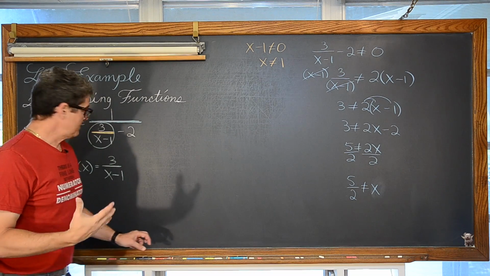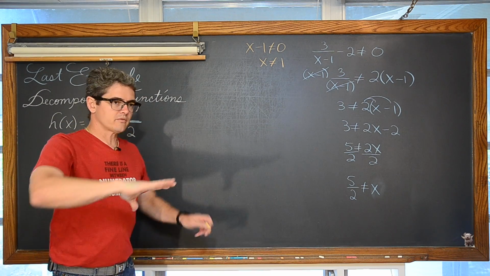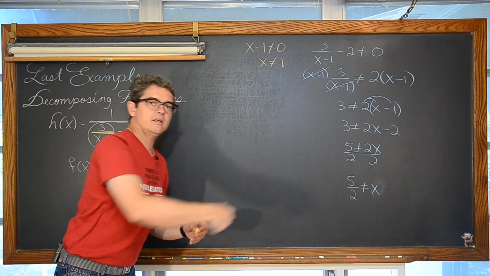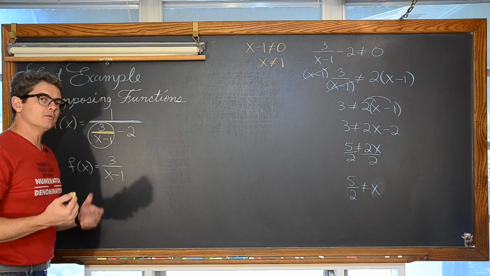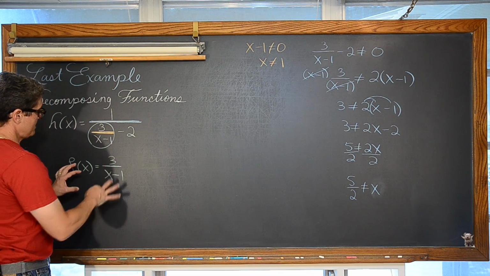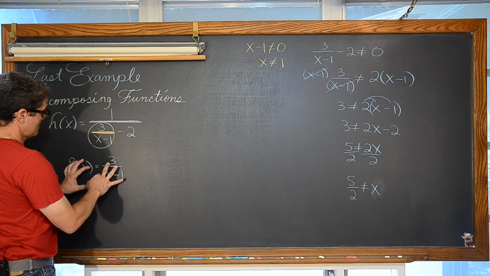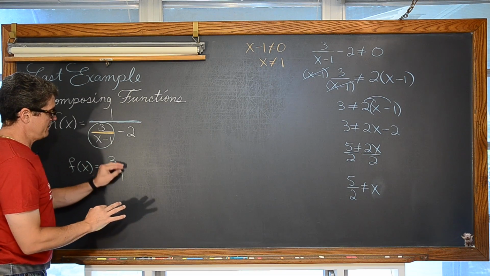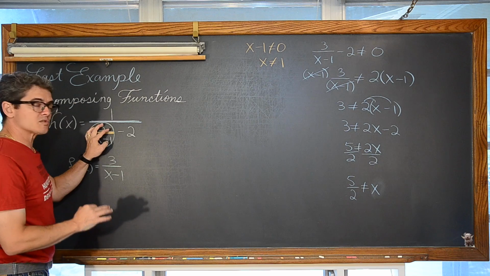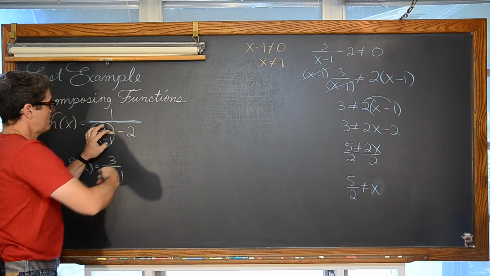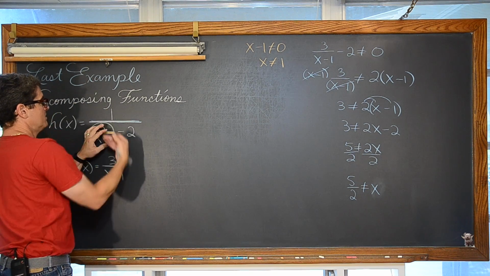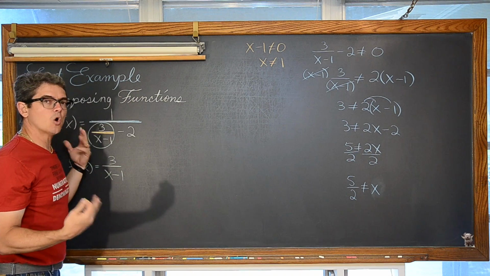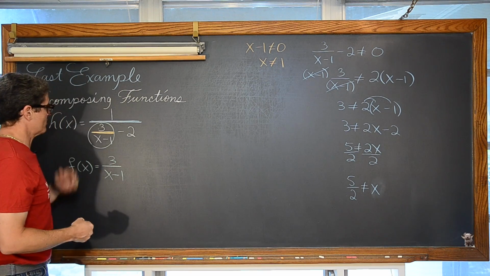And if we think about that idea that a variable is just sort of an empty place to put something in, or it represents an unknown value, well, if we say that f of x is equal to 3 over x minus 1, then that expression must have had a variable, an open place to go into this equation. It's actually called an open sentence, these equations that have variables in them.